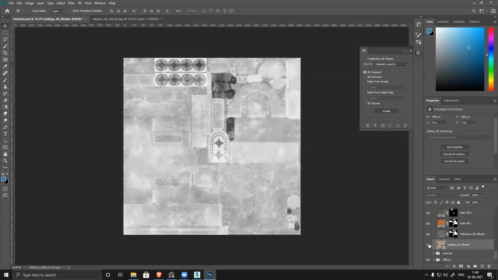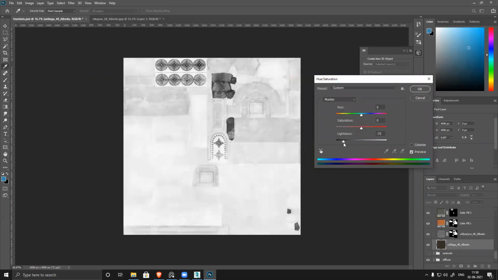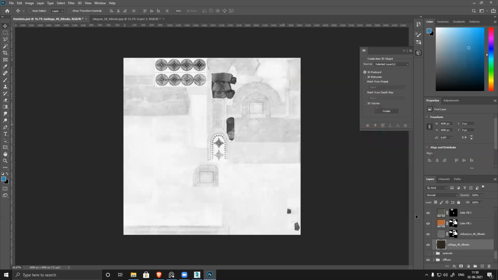This one, base, let me rasterize it. Control U, make it, because I have already applied an invert. So if I make it dark, it will become light. Candle is super glossy. This much gloss is fine. This is not required.